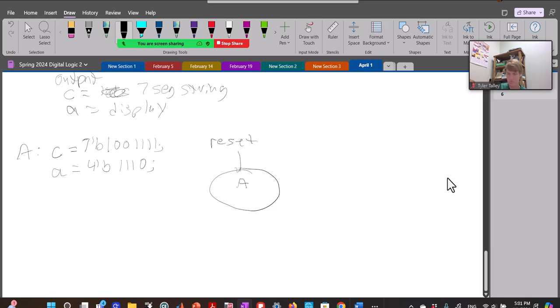So what that tells it, if I've mapped C to my 7 segment display and A to the thing right underneath the 7 segment display,